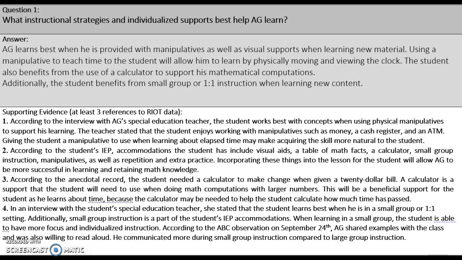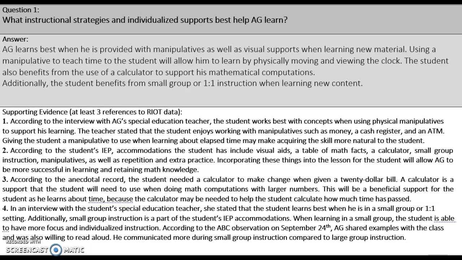Then number 3, they're referencing the anecdotal record. So this is an observation. The student needed a calculator to make change when given a $20 bill. So a calculator is a support. They also mentioned that in number 2 in terms of accommodations from the IEP. So as you can see, they're building a case for where multiple sources are citing the student needing the same things. And then finally in number 4, in the interview with the special education teacher, again, she stated that the